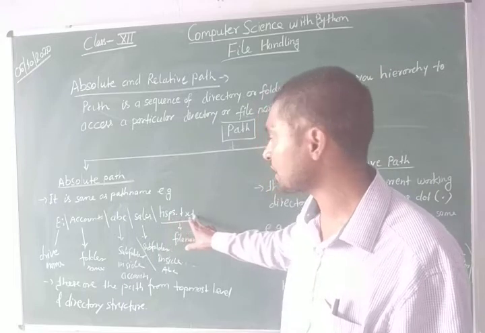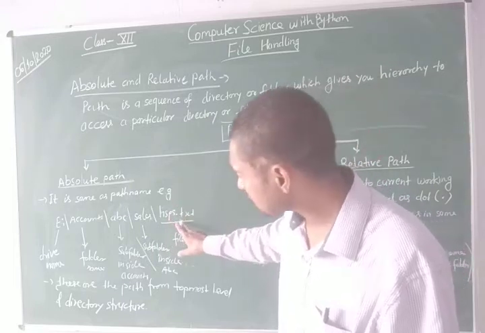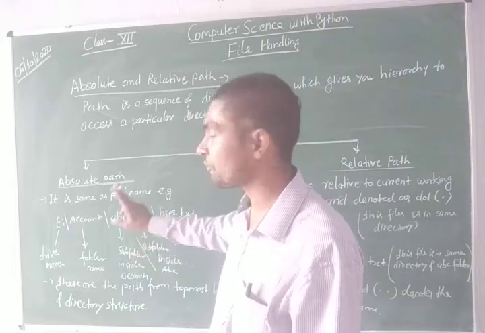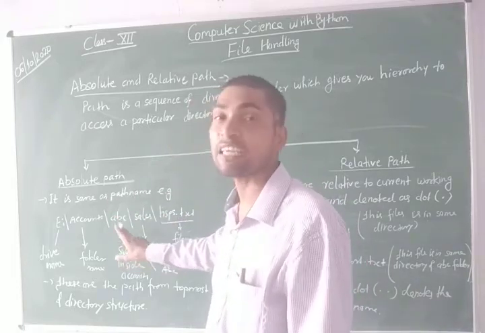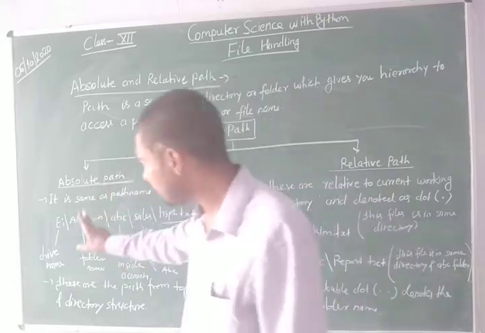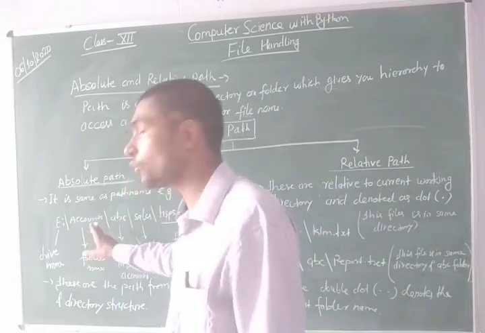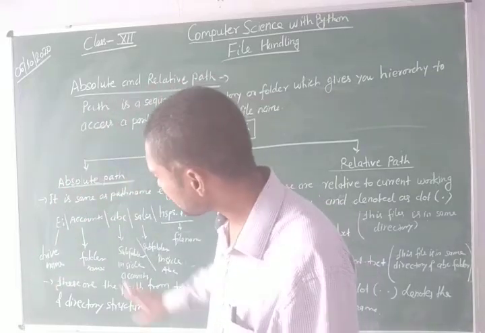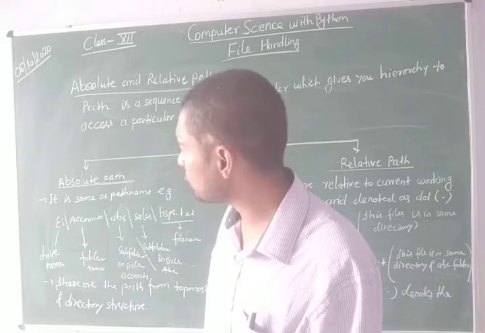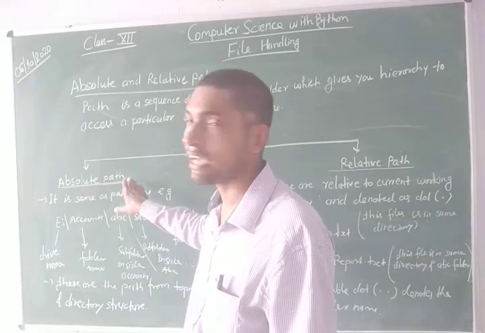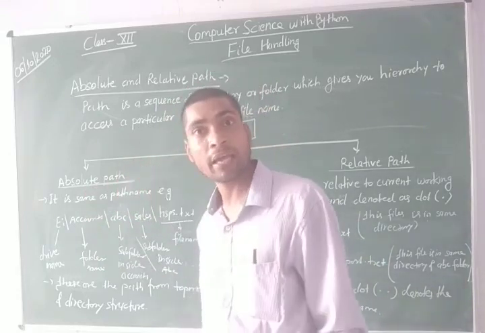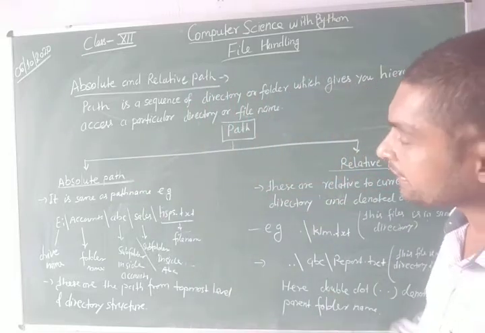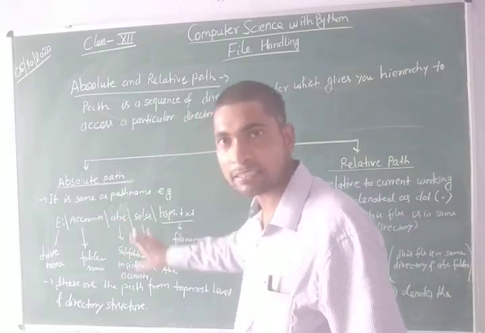Here hsps.txt is the name of the file. This file is inside sales, which is a subfolder of ABC. ABC is also a subfolder that is inside account, and account is the folder that is inside the drive. So you will have to write like this when you are using the absolute file path concept. But when you want to use the relative path concept, there is no need to write in hierarchical form like this. Then how will you write?